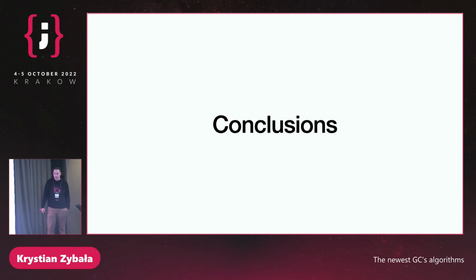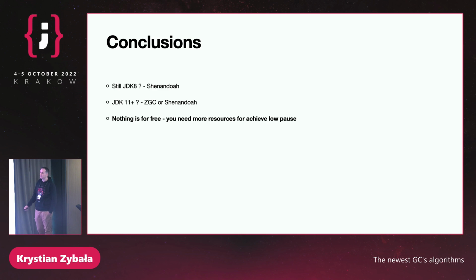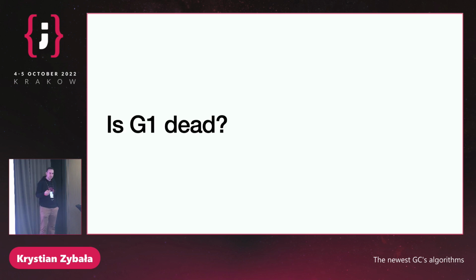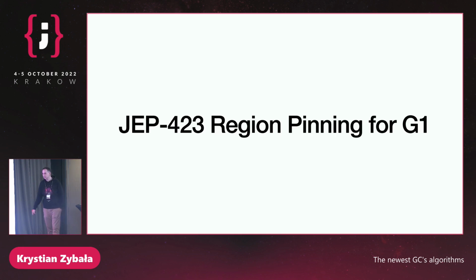But the conclusion from my talk is that when you're still on JDK 11, you can use Shenandoah. After that, you can use ZGC or Shenandoah if you want, but you have to know that nothing is free. When you have to achieve low pauses in your application, you have to assign more resources. But yeah, G1 is dead currently. It's not, because